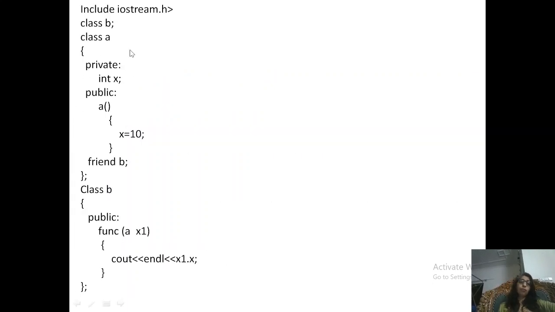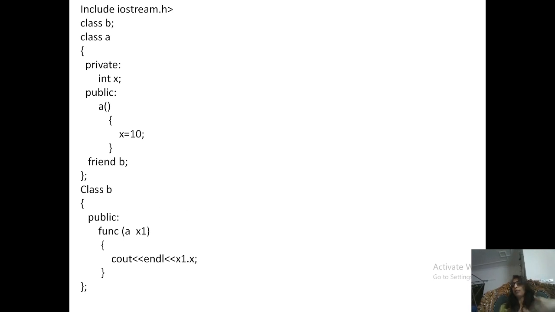Like you can see, we define class A and here we declare class B as a friend of class A. But class A is not declared as a friend class in class B. So class B functions can use the members of class A, but class A cannot use the private data of class B, because this is not mutual.